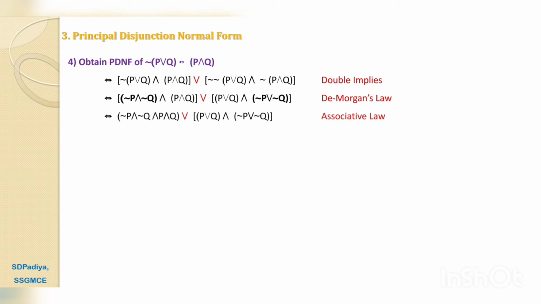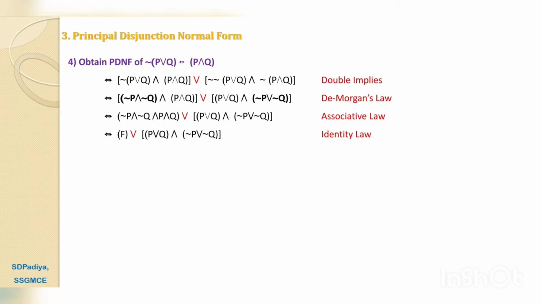If we focus on the first side, then inside a bracket there is and, outside the bracket also there is and, then by using associative law we can combine all these terms, that is not P and not Q and P and Q, or remaining terms as it is P or Q and not P or not Q. Now in the first term there is not P and P and not Q and Q. Then we know identity law that not P and P is logically equivalent to F, and not Q and Q is also logically equivalent to F. That's why finally F and F is logically equivalent to F.